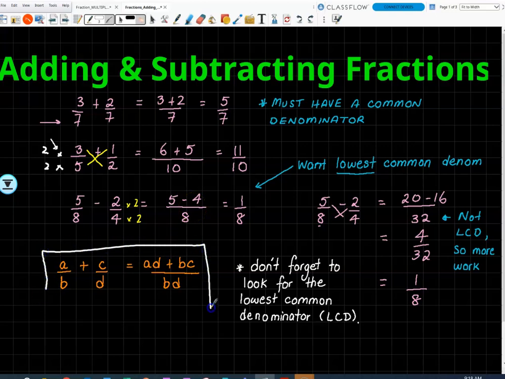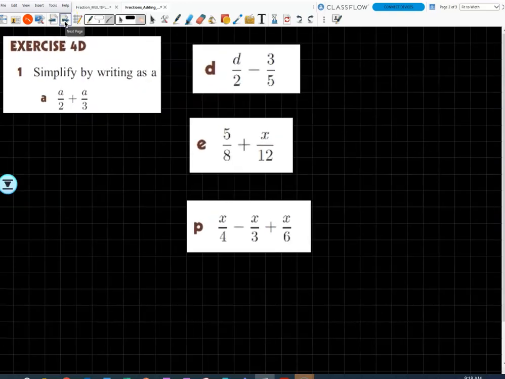This is the adding your fractions to get the denominator times. But when we've got x's, as we said, we want to get the lowest common. So, one that we prepared earlier, and again, this is going to be on your OneNote. You can go and have a look. You probably don't need to. With this one,